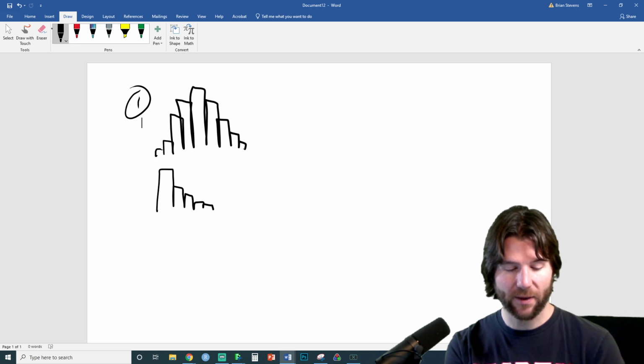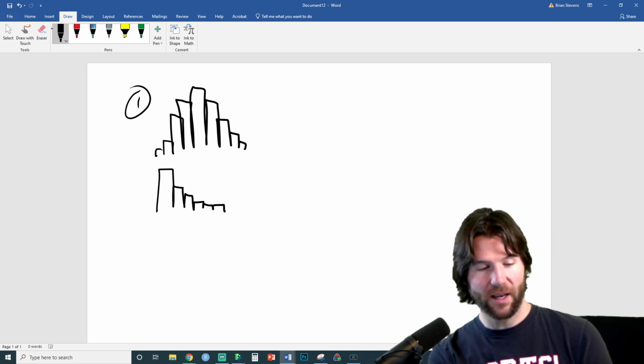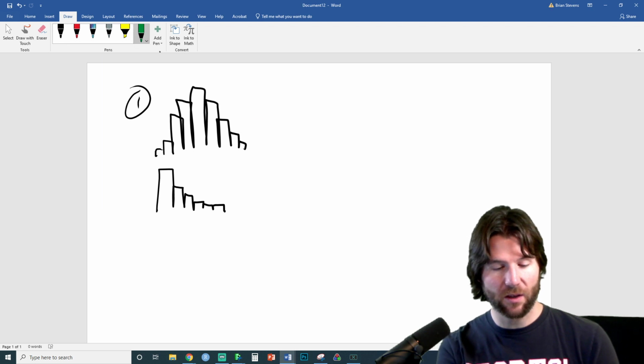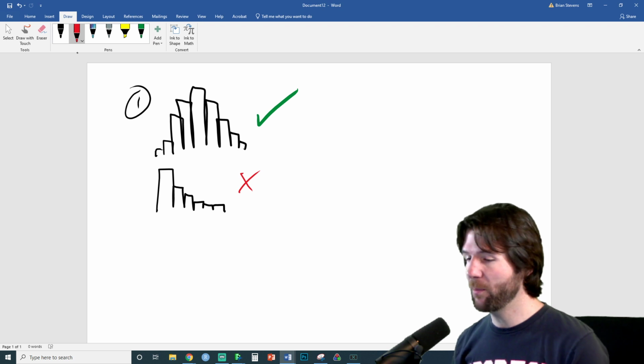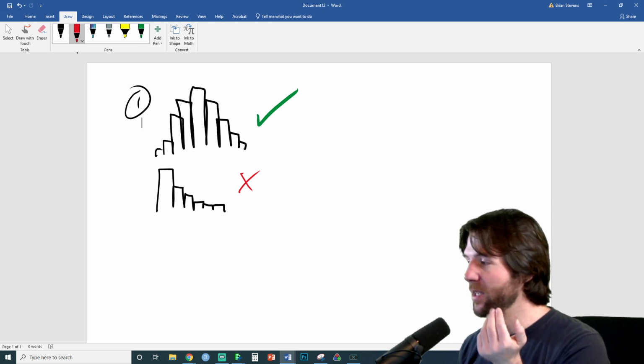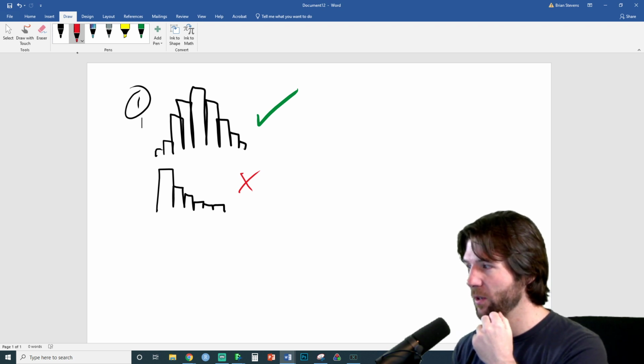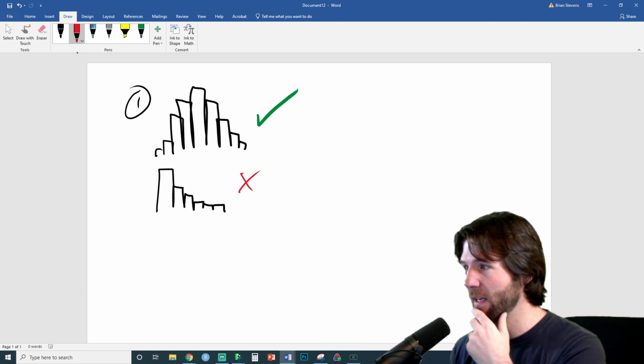The top graphic. Yep, that is going to be the good right there. So that's the good, and that's the bad. If I saw the top graphic, I would say something like, my histogram is mostly unimodal and symmetric. This is good evidence that it is normal. The bottom one is, my histogram is very skewed to the right. This is evidence that it is not normal.